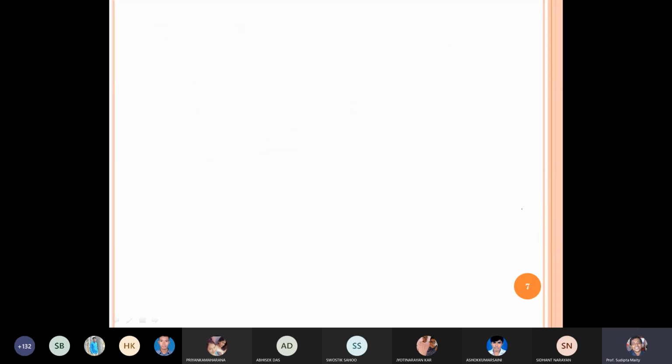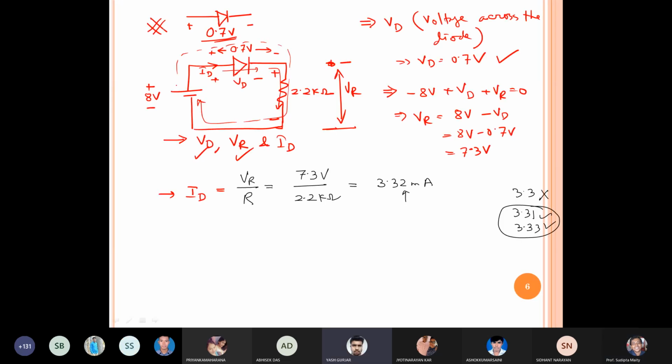Now let's go for the next example. Sir, in the last question, we cannot take the diode as short circuited, because it is given that 0.7 volt across the diode. Now the question is what you have to find. From the question it will be clear. If we assume VD equal to 0, based on the circuit I will get another result. But here they asked to compute something.